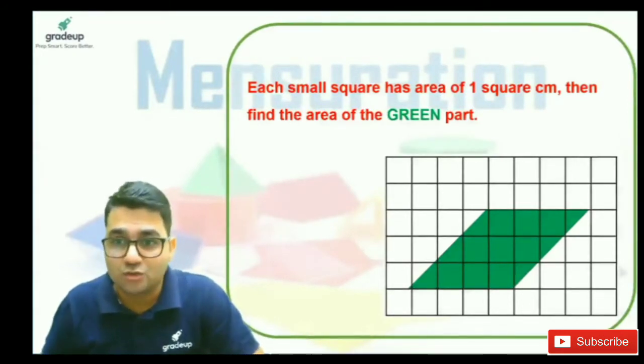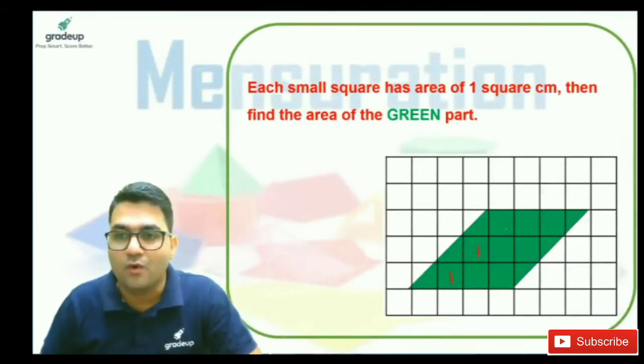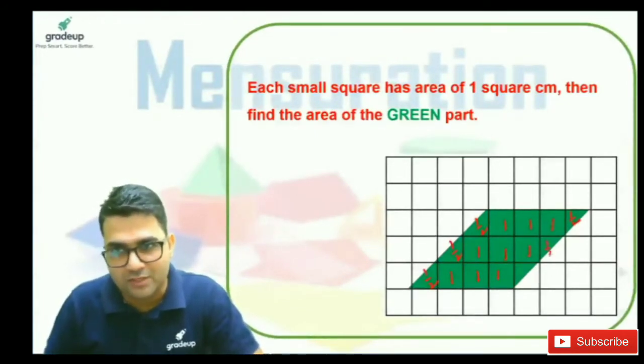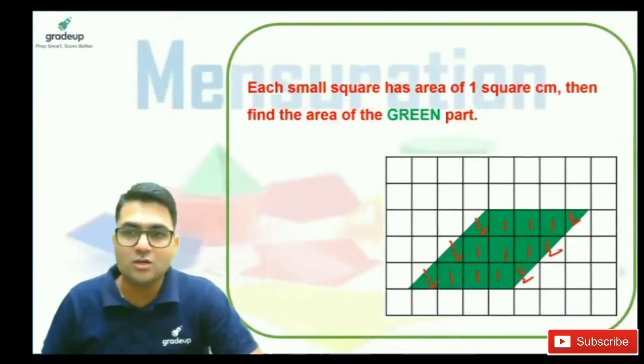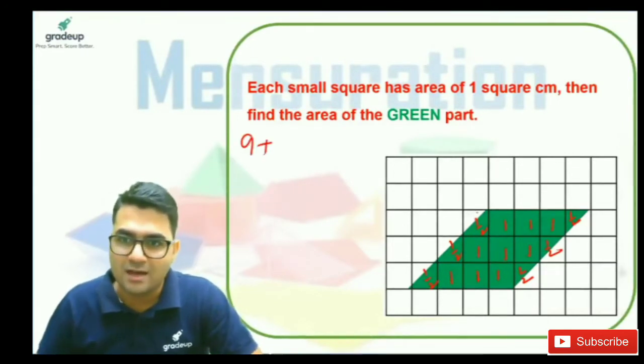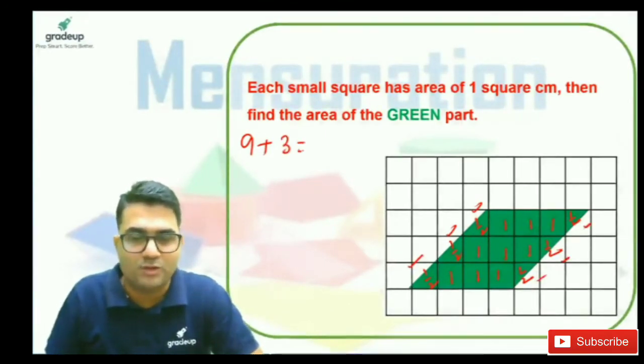Wow, that's great. So this area is nothing but 1 1 1 1 1 1 1 1 1. This is half, half, half of the square, half of the square, and half of the square. So the complete area is 1 2 3 4 5 6 7 8 9, 9 plus half, half, half, 6 times. So this comes out to be 3. So total area is 12 centimeter square.